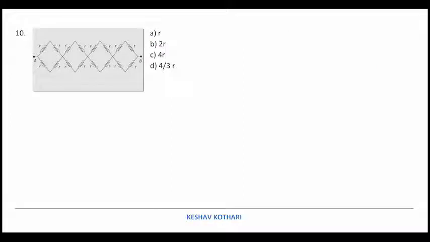In this, if we solve one such combination which is looking like this, there is a repetition of this particular combination 4 times. So R, R, R and R. On the upper segment, these two R are in series, and in this lower segment also 2R is in series. If I write the value of R parallel, R1 R2 upon R1 plus R2, we get equal to R.